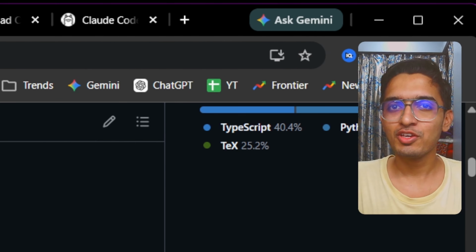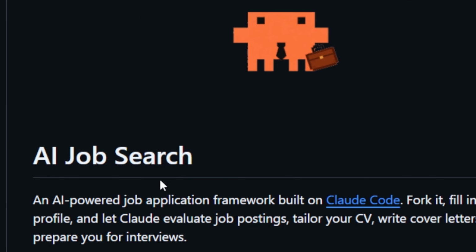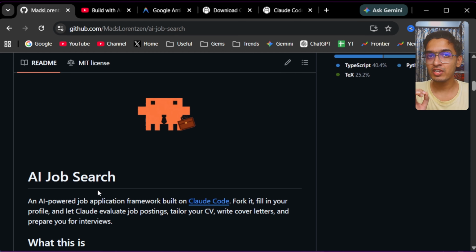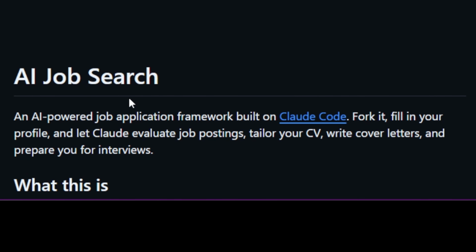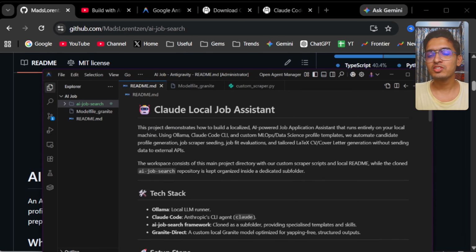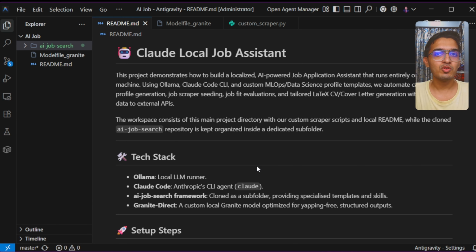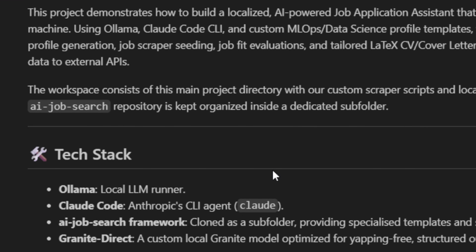Are you tired of getting your resumes rejected or finding the jobs tailored to your skills? Then we have an amazing AI workflow called AI Job Search, which has just been released, which can find you every kind of job, code a perfect customized document for that job, and can also apply for that job automatically for you. Today, using this tool, I'm going to be building my own Claude local job assistant, which will run entirely local on my own machine, completely free of cost, and can scrape jobs for my skills and prepare me an